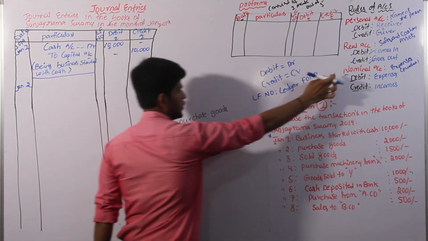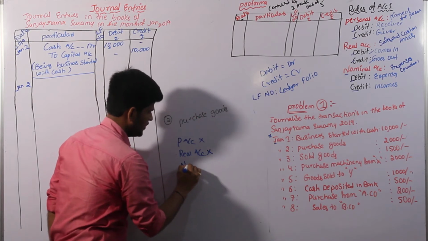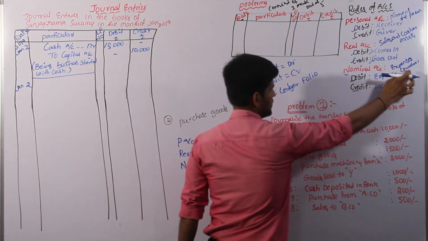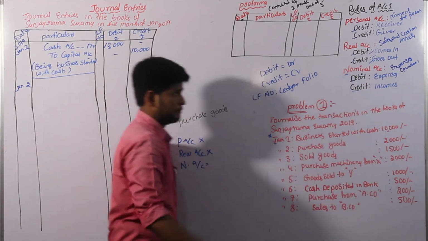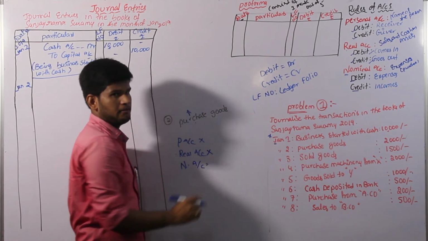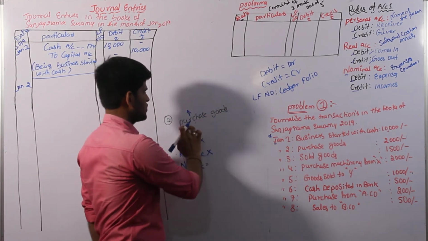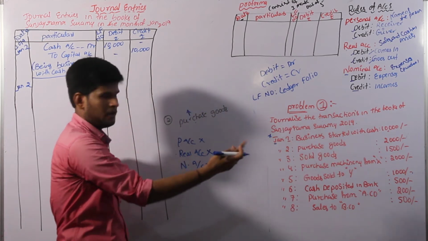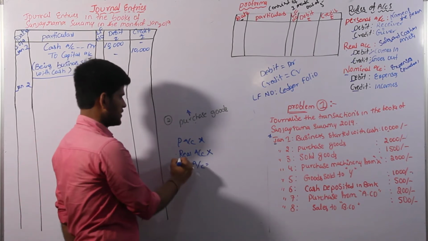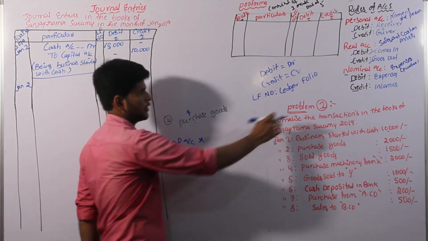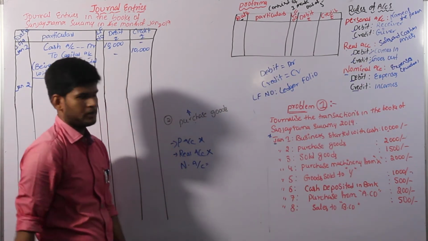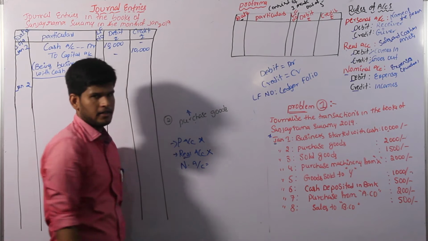And come to the third rule, that is nominal account. I am representing it as N account. Nominal account relates to expenses. Expenses, for example purchase. Here we have purchase. Is it clear, ma'am? Personal account is not there because the transaction doesn't have a name. There is no name, so that's the reason I cancel the personal account. And come to the second rule, real account. Real account relates to sales, cash or asset. Here we don't have any of these 3 examples, so I can cancel the real account also.